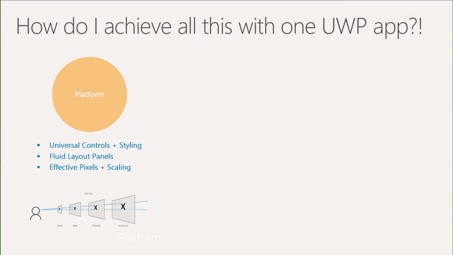Well, first of all, we have a great set of universal controls, and these are smart controls. They are very capable controls that will modify their rendering, their layout according to which device they're on, where appropriate. And they are input aware. They also know whether the user is using touch or whether the user is using a mouse and keyboard, and they will often adapt their rendering accordingly. So, for example, a list if your user is using touch, there'll be more spacing so